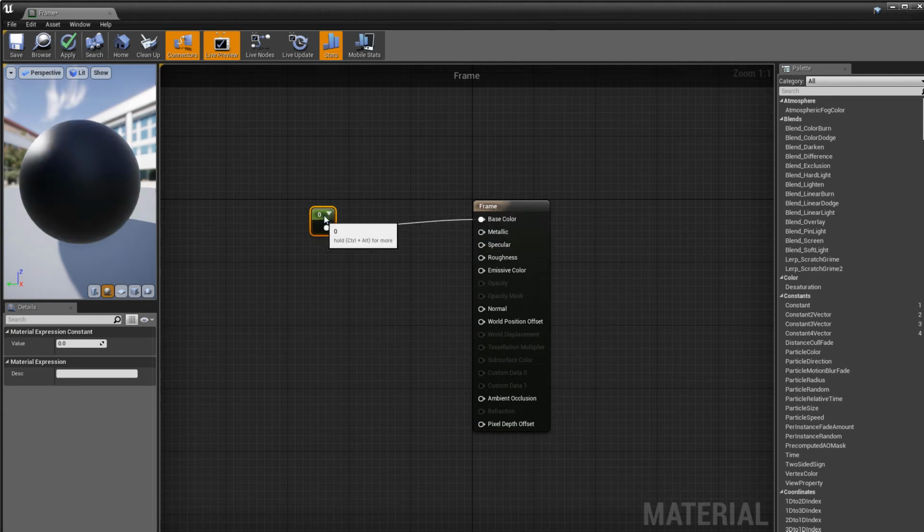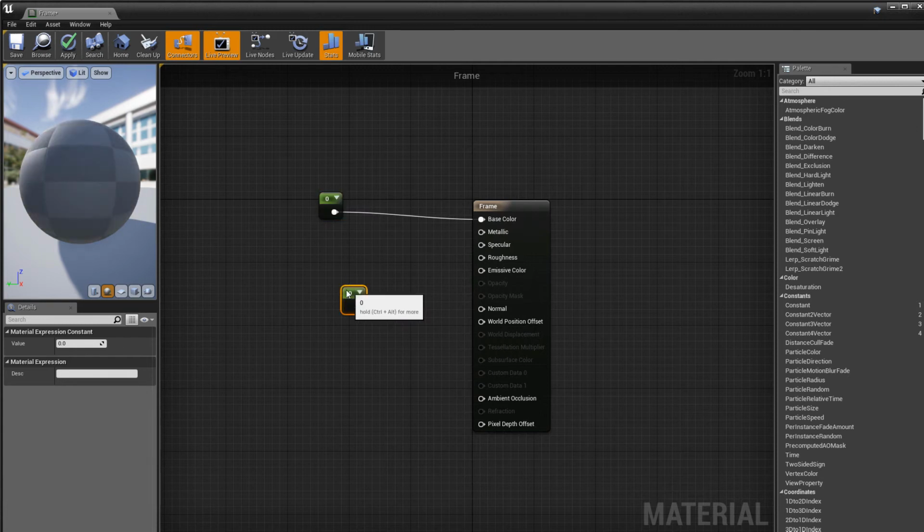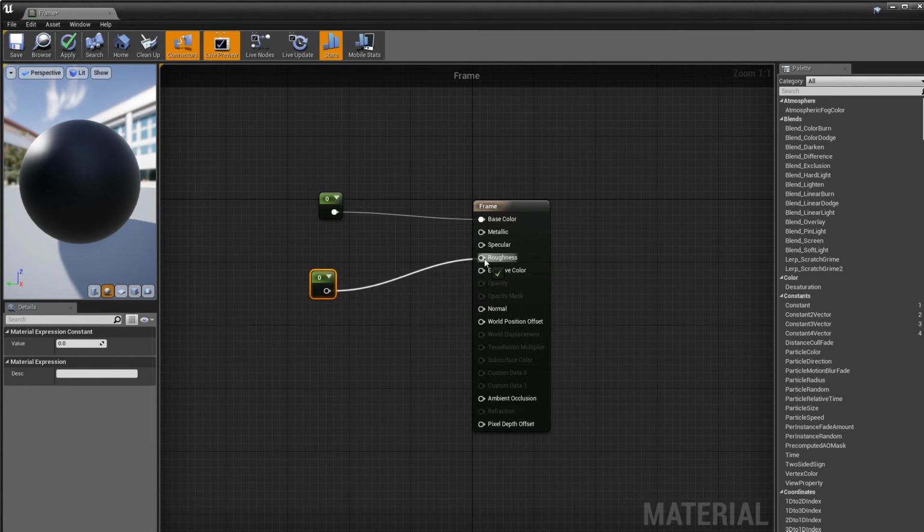I don't want to get too complex in these materials right now because I'm showing you just the real bare bones simplicity of this in here. I'm just putting a constant down, and all a constant is simply a 0 to 1. I'm keeping this very simple in here, and you'll see in a moment why, because we're going to dive into something a little more advanced in there. So I can see that I'm actually piping something in here called base color and something in here called metallic. Now if I wanted my frame to be this very shiny uber metallic type of thing, this is where I begin to work with a value in here, and I'd also tie in things like maybe specularity or roughness if need be. I'm going to keep it at that for a moment because we're actually going to come back and